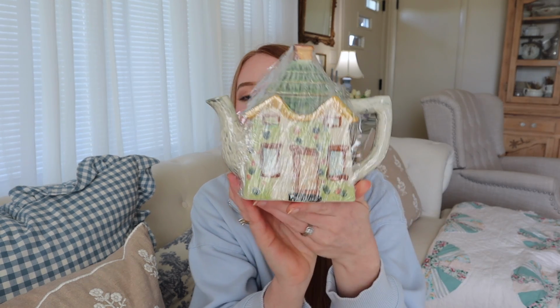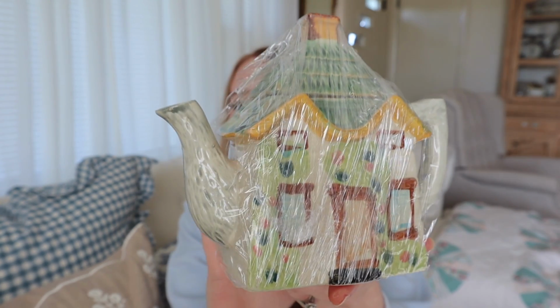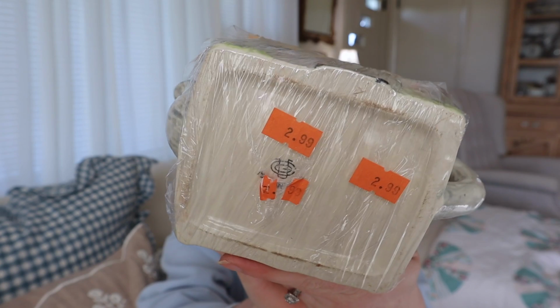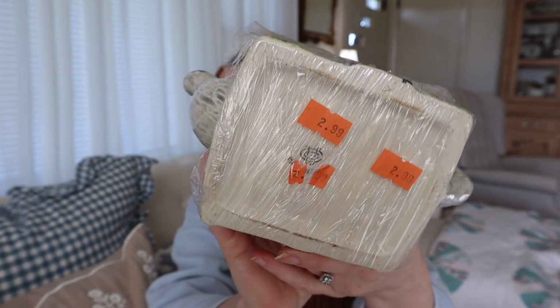And just look at how beautiful it is. So that was my first find. This Goodwill had so many good finds on this day. And the next thing I spotted is another little teapot, and this one is shaped like a little cottage. Oh my goodness, I have no words. Look at this treasure. This was $2.99, so drastically different price from the previous one, but I was very thankful